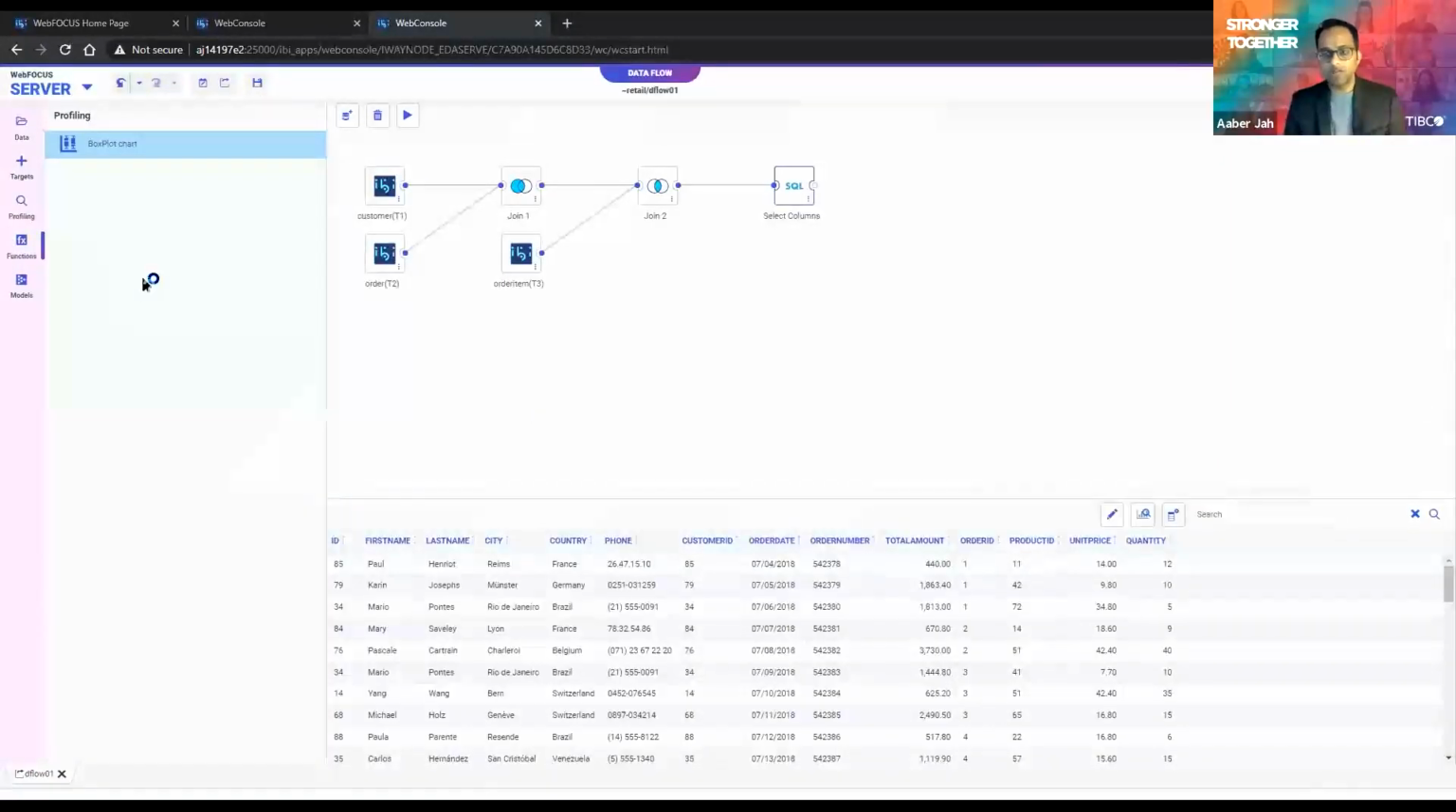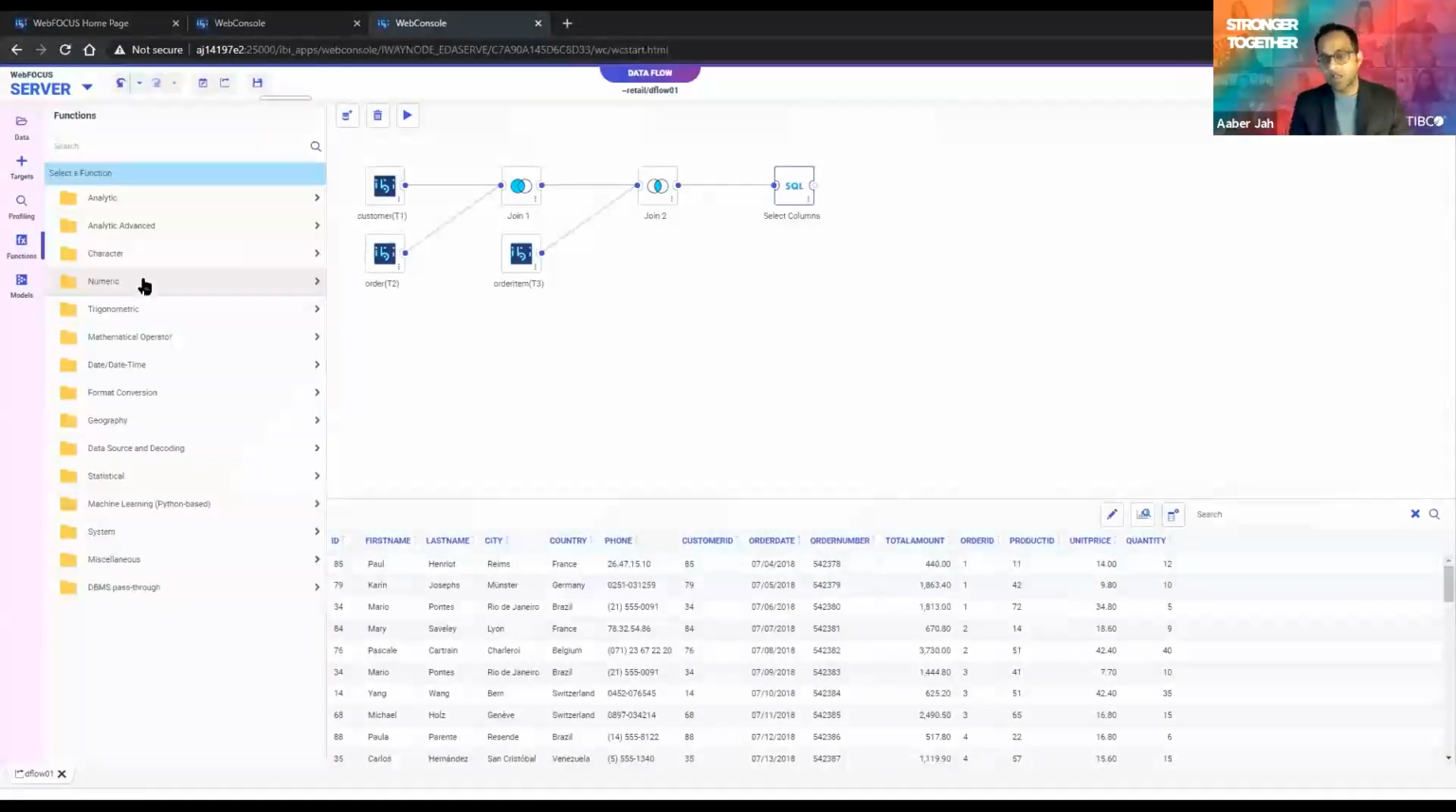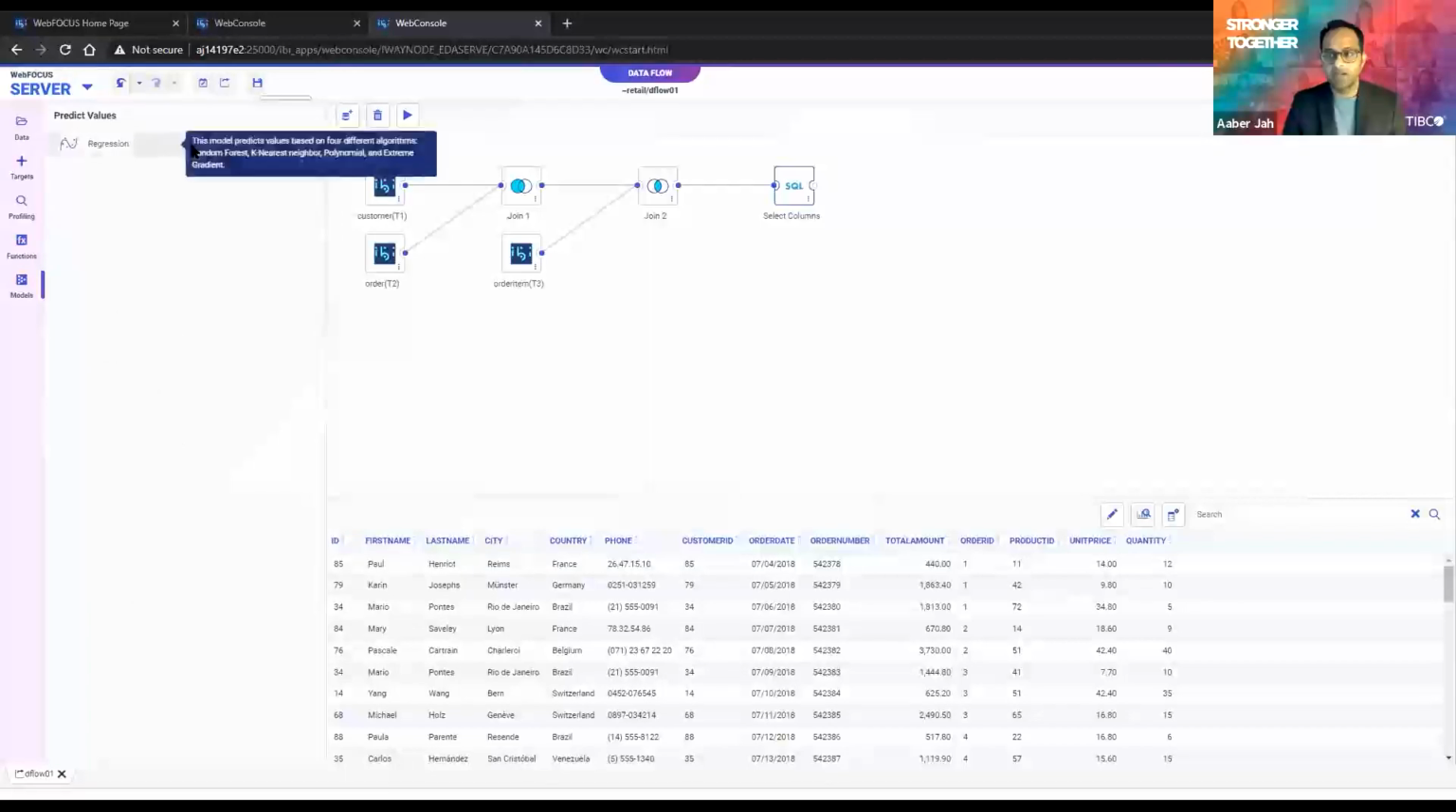I want to utilize all these transformations that we talked about and bring it inside my flow, right? I can do that as well. So all these things that we talked about, advanced analytics, format conversions, character-based functions, machine learning functions, everything is accessible to the users. And then we have some predefined ready-to-use models. Just on a click, you can include 4 different types of regression models in your flow as well,